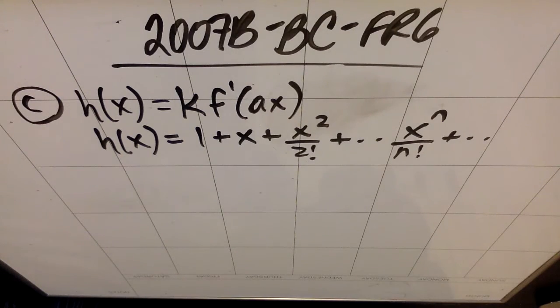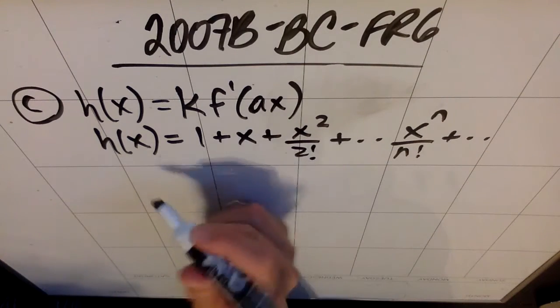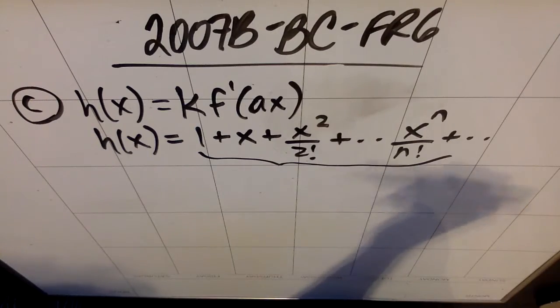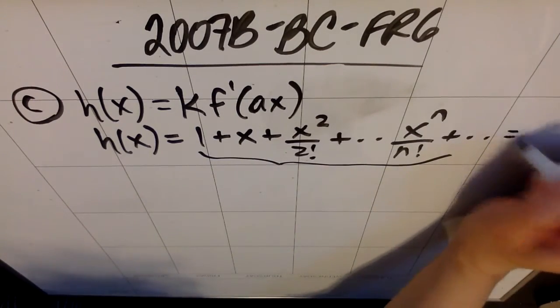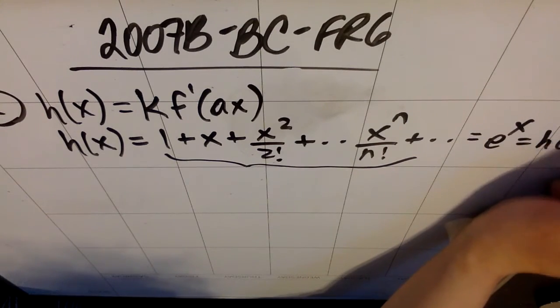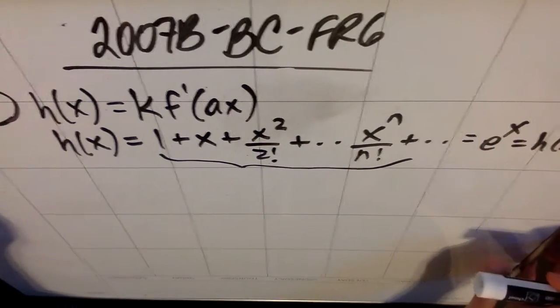On to part C. So we're given that h of x equals k times f prime of a x, where a and k are constants, and we're given the Taylor series for h of x, which is exactly the Taylor series for e to the x, right? So what we can get from this piece of information is, oh, h of x is e to the x. That's really what they want you to take away from that: e to the x is h of x. And they ask us to find